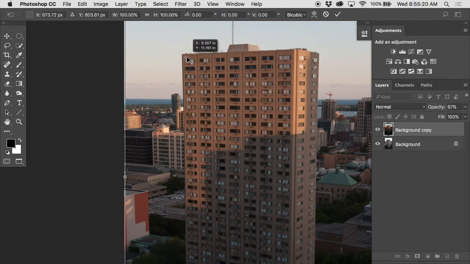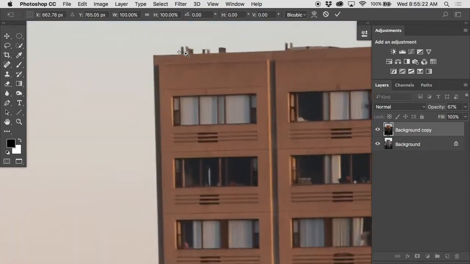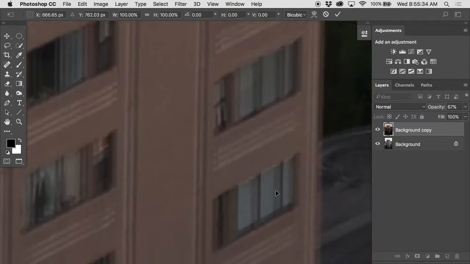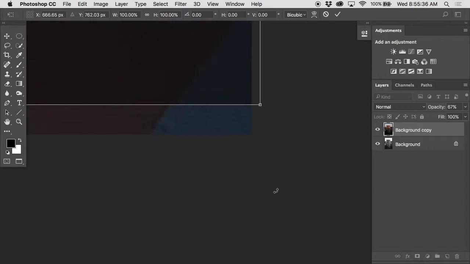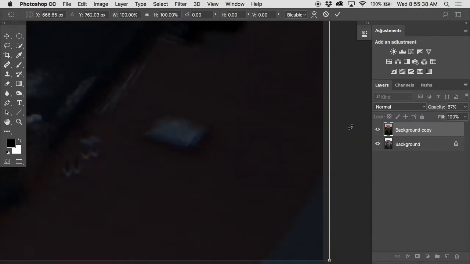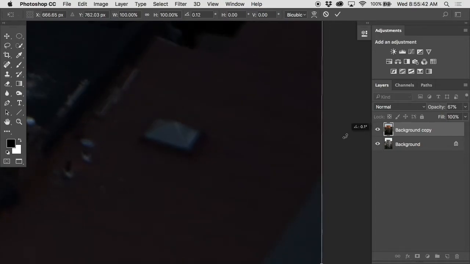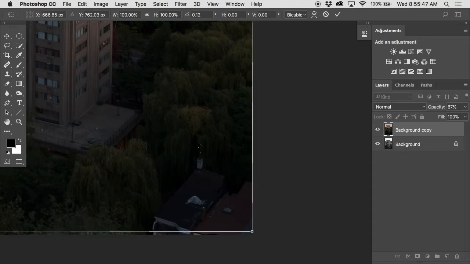If we move that onto something that we know is in perfect alignment, this is like a thumbtack. If you put two photographs on a bulletin board and you stuck a thumbtack through it, it'll have to rotate around that thumbtack. So by putting this thumbtack on the area that we know is in perfect alignment, we can then make our way down to the other corner and watch this. We can swing this around. It's rotating around that area that is in alignment, and when they're in alignment down here, hit return,